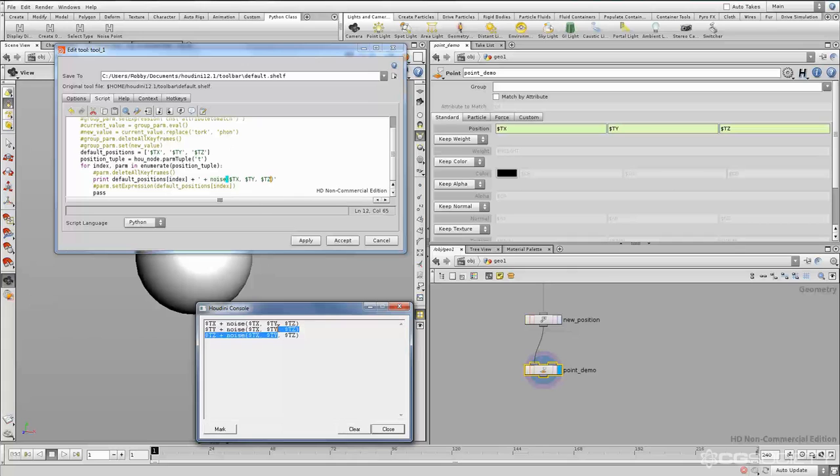We want the y component of the noise to have some number added to it that's very large, and it needs to be different for each component. Now again, there are a couple of different ways that you might approach this, but I think the easiest one, for now, we're going to just add two single quotes there. So you can see there's two single quotes. And then in between, we're just going to say